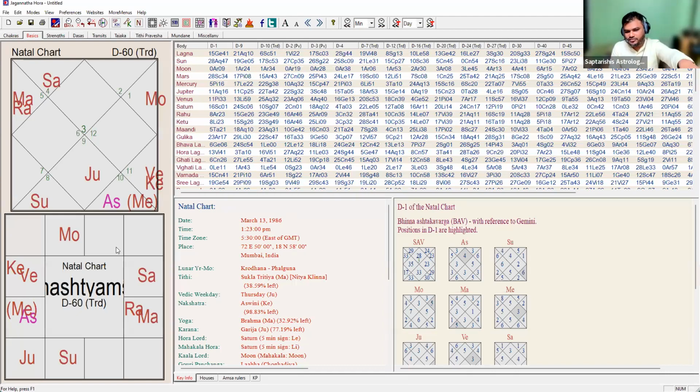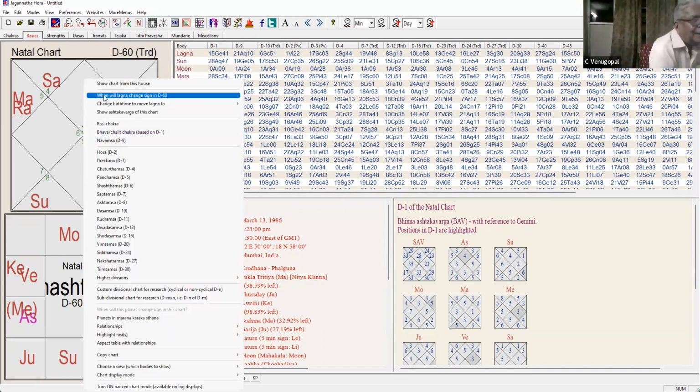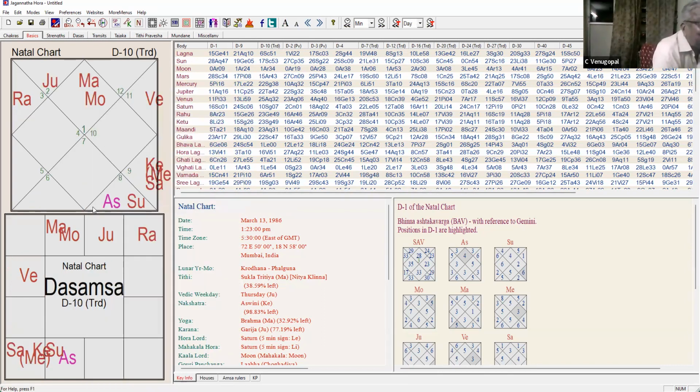I have rotated this chart. Now you can see on your screen the D60 chart, with Gemini Lagna, by making Gemini the ascendant here. Now, I have one more observation. Can I tell that? Yes. In Navamsa, the 4th and 10th house from Saturn gives problems. And in this case, in Navamsa, the 10th house from Saturn is Mercury.